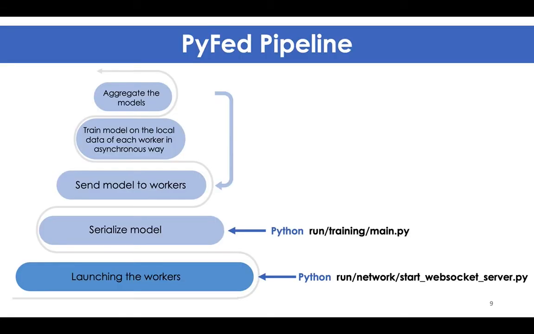Now let's see how our framework works. First, you should run the first script to create the workers using WebSocket on a specific port on your machine, and also distribute the data. You should specify the arguments: the type of distribution that you want, IID or non-IID, the power of the client, the number of clients, the name of the dataset, and all the arguments that are related to the creation of our network. You can find all the arguments in the documentation in our repository.